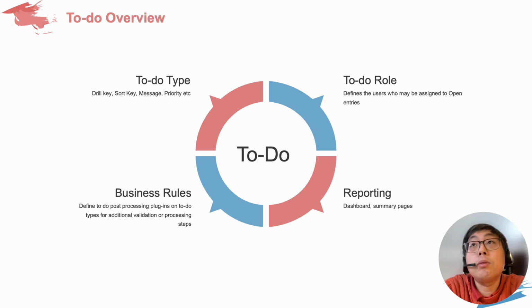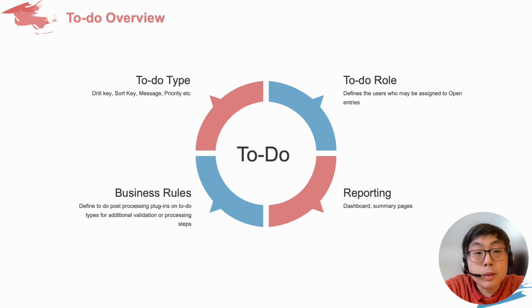So we have to remember this is a notification for a manual task in most cases. In that case, we need to understand who we send it to, what type of information is required for the user to understand the event, and also what is the logic behind it or any governing rules behind the To Do